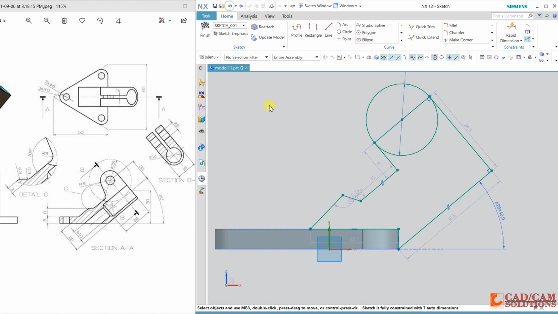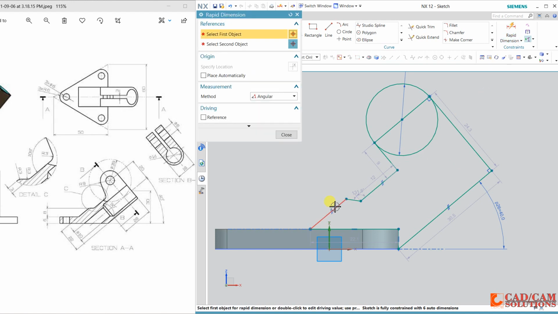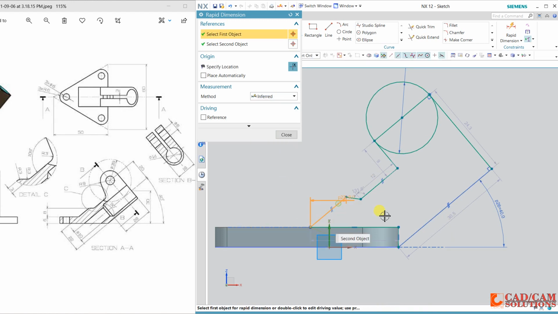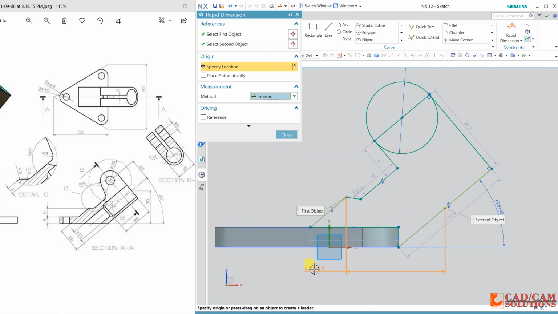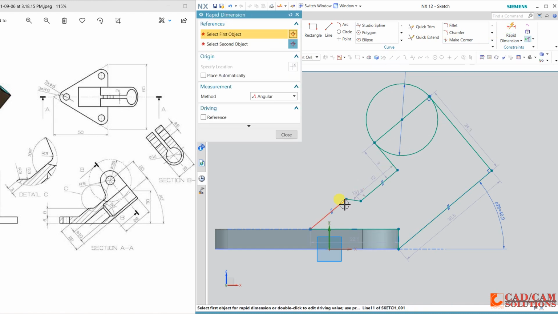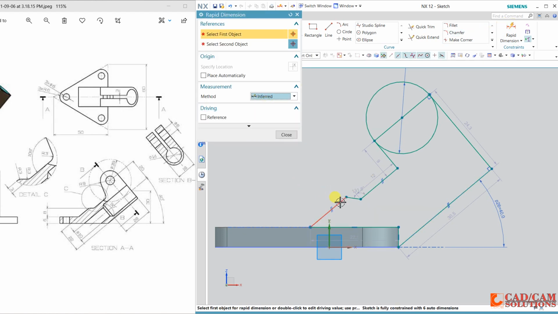Sorry, we have to apply parallelism, and now dimension between these two. Skip it, and again I will select, sorry, change it to infrared.